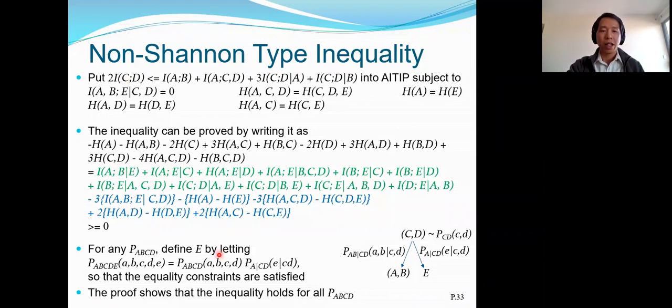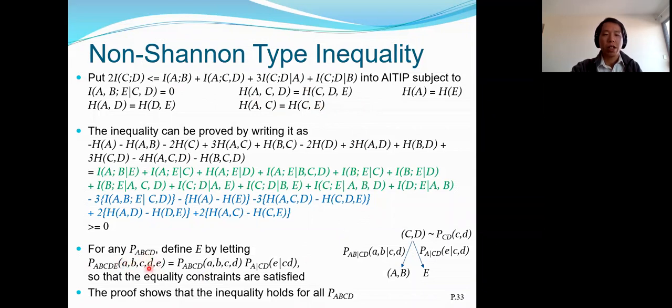And we claim that here, the constraint here doesn't limit our possible choice of the P, A, B, C, D here. So in the given inequality, we have only 4 random variables, A, B, C, D. But here in the constraint, we introduce an auxiliary random variable E, so that the AITIP will construct the matrix D according to 5 random variables, okay? Because we have 5 random variables here. But if we look at the constraints here, we can see that basically for any given joint distribution P, A, B, C, D here,